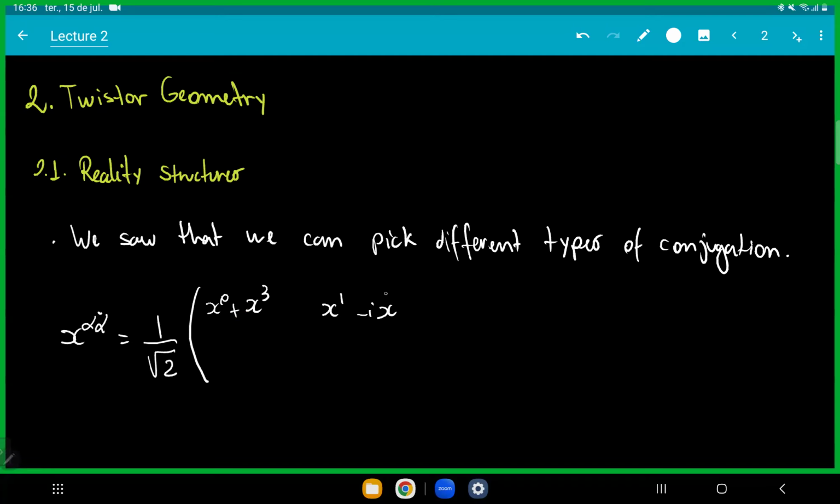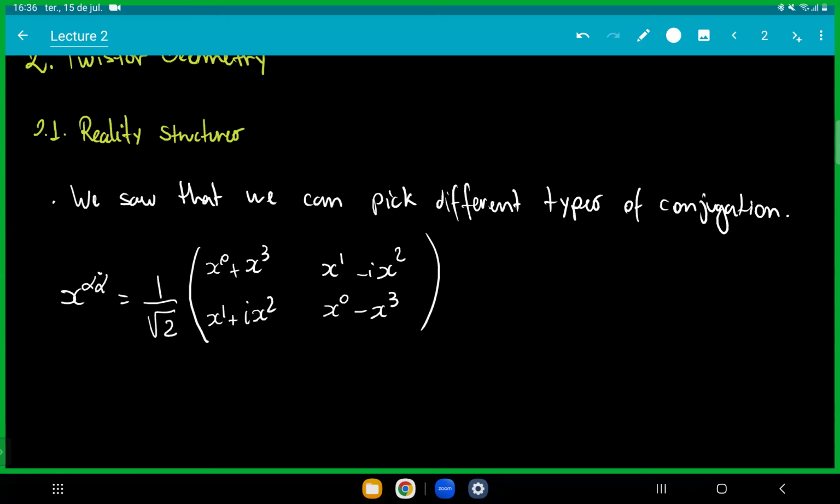So each one of these four entries is a complex number. And we saw that if we try to coordinatize C4, or even twistor space, with this kind of structure, we can recover